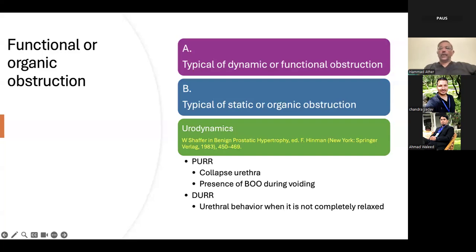Now, a question really arises: how to differentiate a functional versus an organic obstruction. Urodynamics, as we know, has a significant role. And in this particular paper, two types of urodynamic patterns have been defined. One is a typical dynamic or functional obstruction, and the second one is a static or organic obstruction secondary to BPH. The Schafer's